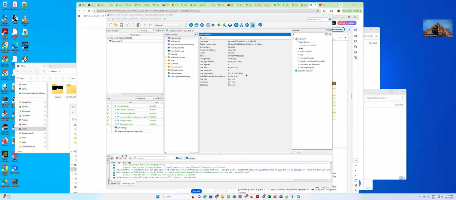So I still have the last design in there. Can you see that correctly? Yeah, the last design is still in there, and you can see the pin switching. Now that we're done compiling,